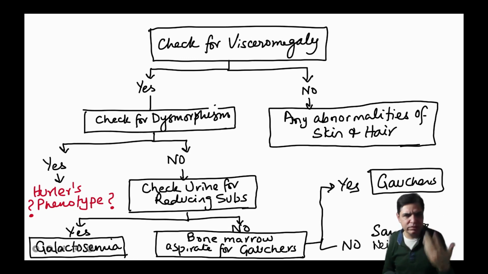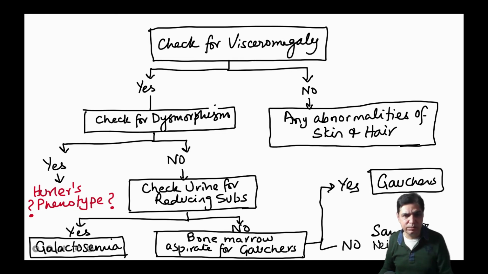See if his face looks a bit abnormal. If it looks abnormal, like a Hurler phenotype, thick lips, broad forehead, things like that, I will come to that later on. But let's say his face looks normal, there's no dysmorphism, then the next best step is to check urine for reducing substances. If the urine reducing substances are positive, you're probably dealing with galactosemia or hereditary fructose intolerance. But if the urine reducing substances are negative, and this child has an enlarged liver, you do a bone marrow